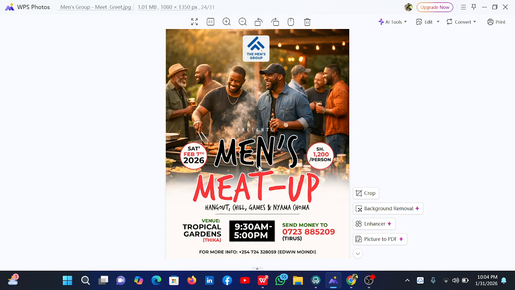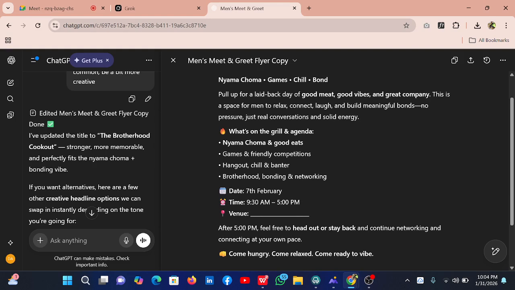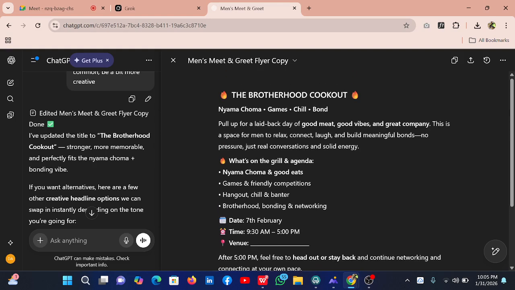more emphasis. The men's meetup, you can see it from the color red to draw your attention, the color black to blend in with the picture there, and also the stroke to make it more visible. It was about me using my design prowess, but using AI to complement it. Again, if you're keen, you may notice that most of the work I had to do. AI just came in to give me that structure, give me that order. But don't worry, I'll give you an instance where AI does almost all the work for you.